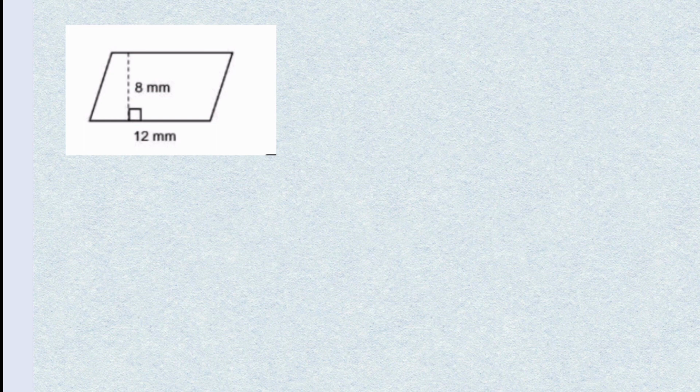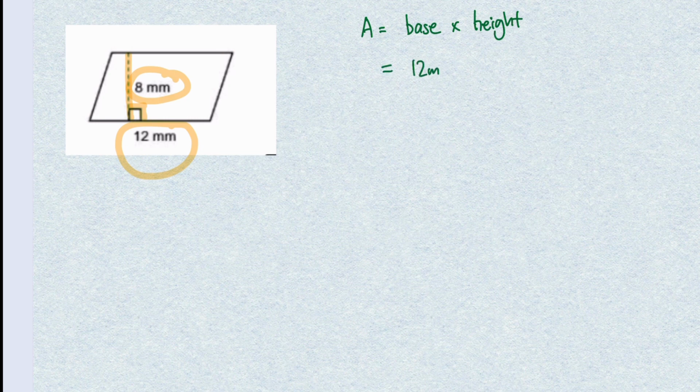Here's a parallelogram, and to find the area of a parallelogram, the formula that we'll be needing is base times height. The base of this parallelogram is 12 millimeters, and the height, where it makes a 90-degree angle, is 8 millimeters. So, area equals base is 12 millimeters, and height is 8 millimeters, and so altogether it is 96 millimeters